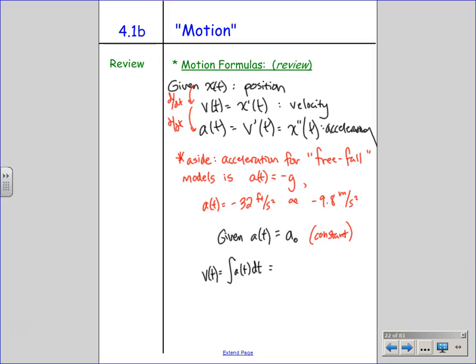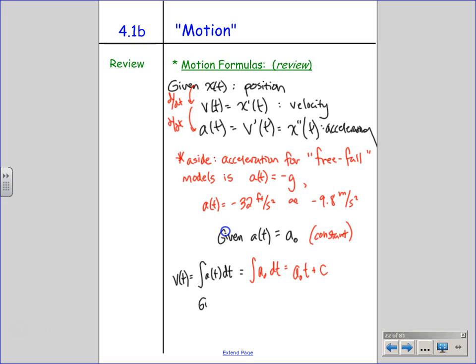You guys know we can go backwards from derivatives with an integral, which means we would have the integral of a constant. Think of it like a k. How do you integrate a constant? Integral of k is kx or ky or kt. So it's going to be a sub naught t plus c. Oh, we're going to have a plus c and then a plus d, or a c1 and a c2.